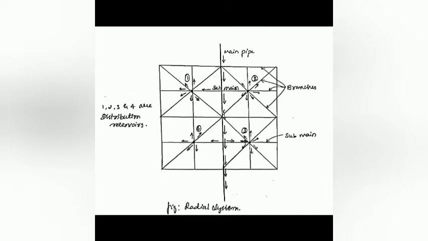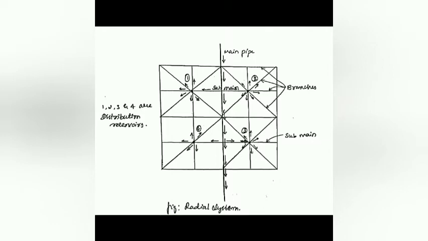The next system we are considering is the radial system. If a city or a town has a system of radial roads emerging from different centers, the pipelines can be best laid in a radial method by placing the distribution reservoirs at these centers. In this system, water is taken from the water mains and pumped into the distribution reservoirs placed at different centers. The water is then supplied through the radially laid distribution pipes, and this method ensures high pressure and efficient water distribution, and calculations for design of sizes are also quite simple. Let us check its diagram and we can understand how it is being laid. So here we can see.